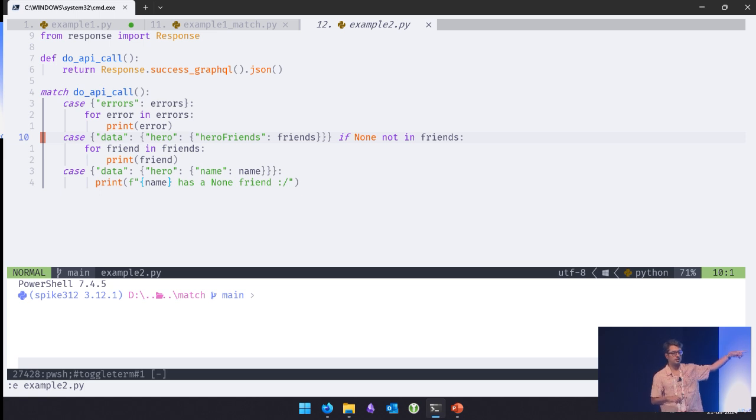And then we can put a guard. All of you are familiar with list comprehensions, right? List comprehensions have this ability to put a guard at the end: for this thing in this, if, and then you can put a condition there. You can do a similar kind of guard even with the pattern. The guard is executed after extracting. So it matches the pattern, you extract the value, and then you want to put some check on the value. Here we are checking that none of the friends is None. If everything matches, then it will execute the block. So here in this example, let me just run this.